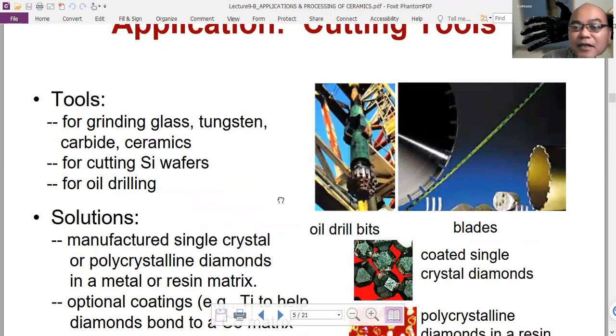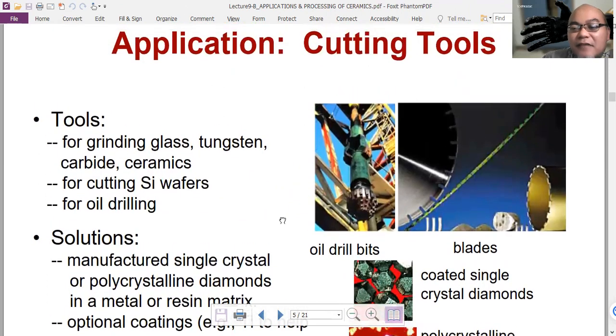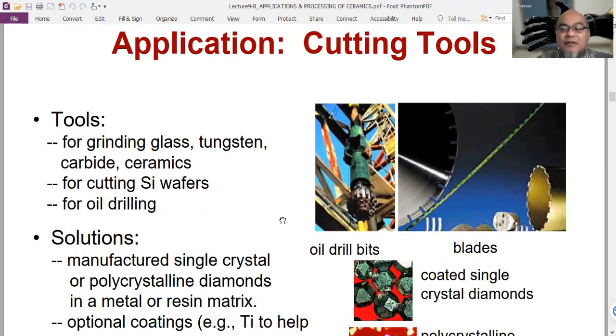Then application as a cutting tool. I have mentioned this multiple times during the course, not only at this day of ceramics, but the previous day also, that ceramics, usually because of their hardness, are used as cutting material, cutting tools. For grinding glass, tungsten carbide, and ceramics, for cutting silicon wafer, for oil drilling also, or